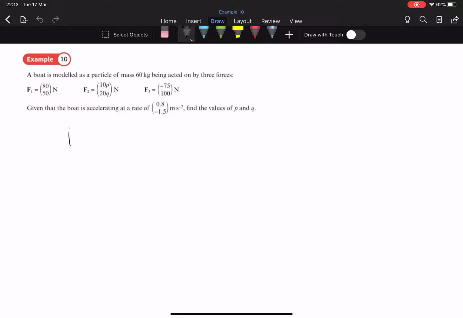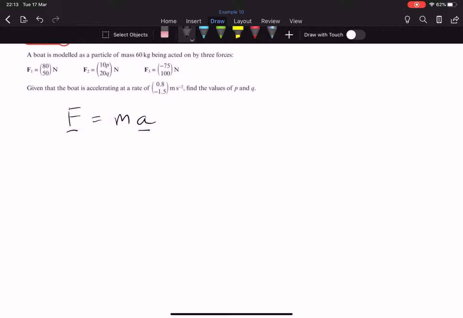So we're going to use the formula F equals ma, and F is going to be a vector, and a is also going to be a vector. Now remember that F is the resultant force. So in this case, to work out the resultant force, we need to add together these three vectors, F1, F2